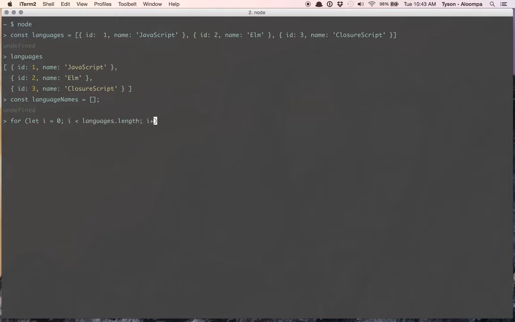languages.length, and then we're going to iterate, so we're going to add to the i every time, so it's going to become 1, and then 2, and then 3, until it's higher than the language length. So every time it goes through that, we're going to do languageNames.push, and we're going to push onto that array languages[i].name. So now if we log out languageNames,